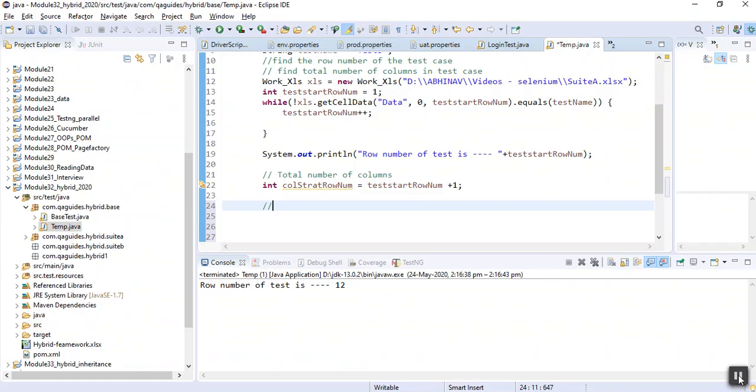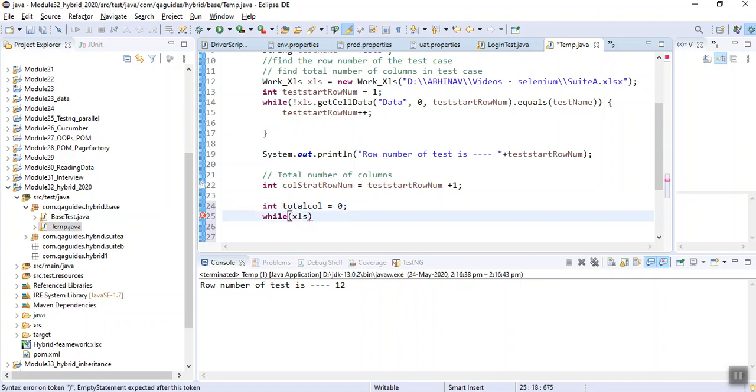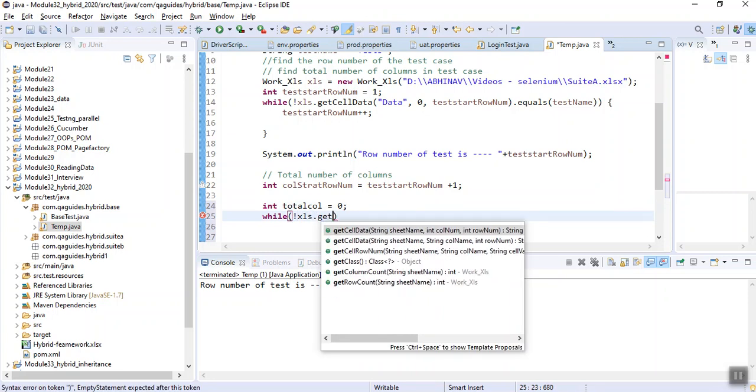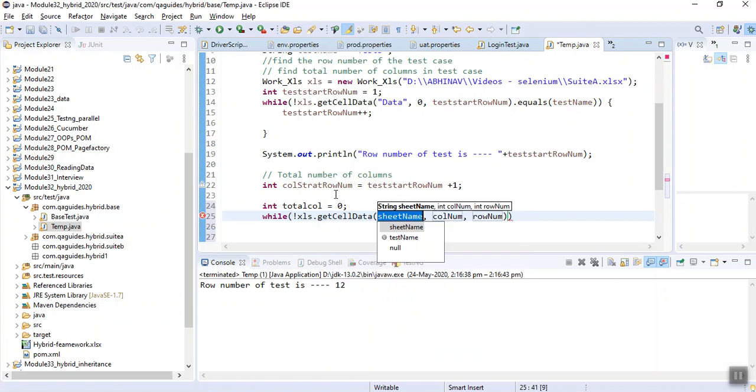So let's write the logic to find the total number of columns. I am taking a variable int total col is equal to 0. I am taking its value as 0. I am putting a while loop, xls dot get cell data. Our sheet is data.